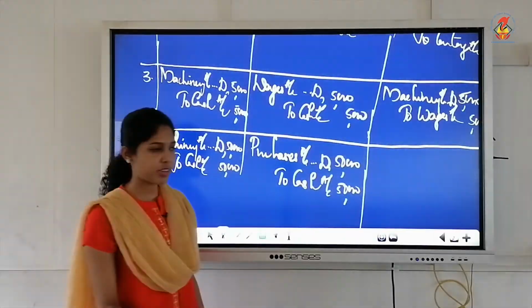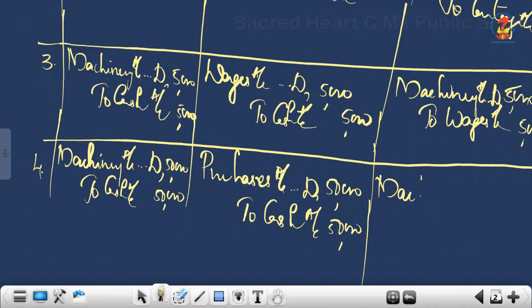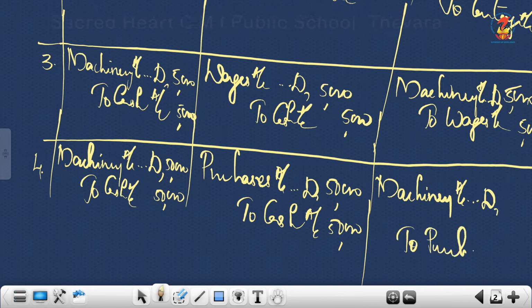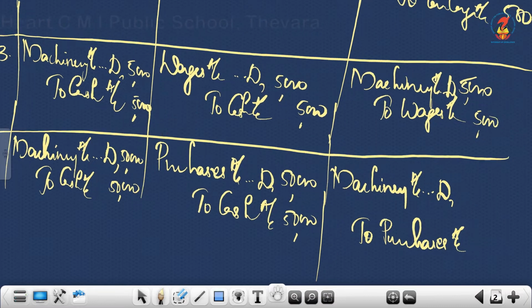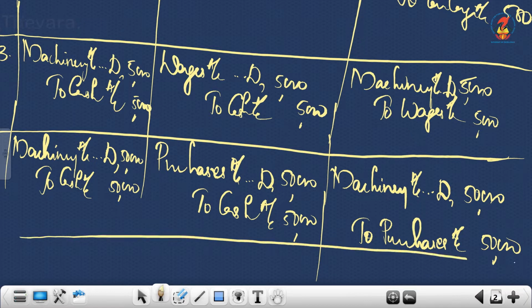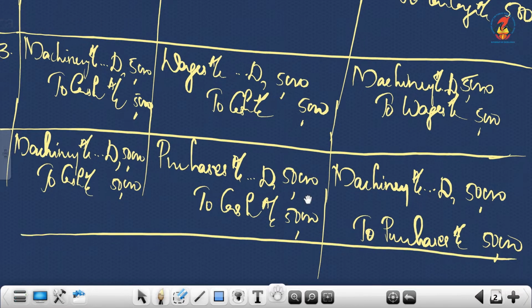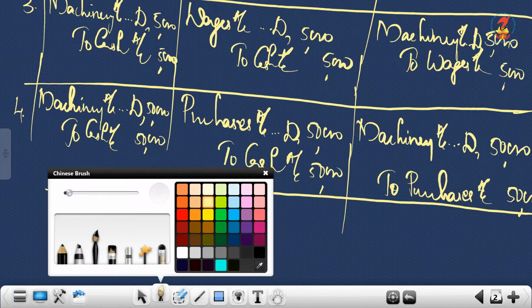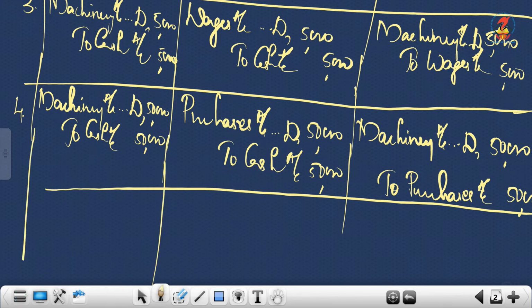Now what will be the rectification here? That will be machinery account debtor to purchases account. The amount is 50,000. The last one,